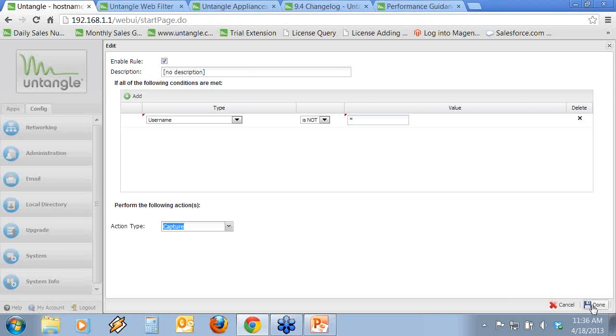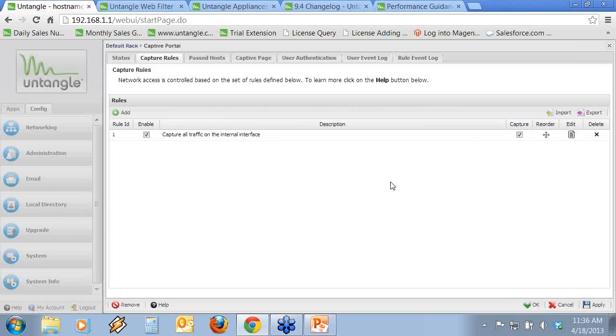identify themselves. And again, you can have them authenticate against Active Directory. Even if they're using an Apple iPhone or an iPad, you can still have them enter their user credentials based on that. And so there's quite a few different options you have when it comes to creating these different capture rules. As far as the user authentication, let me just show you what it looks like in here when I